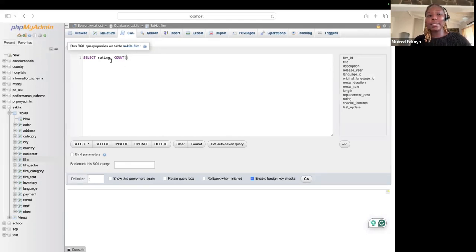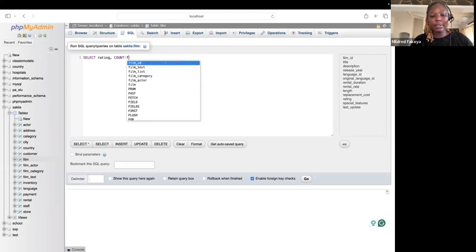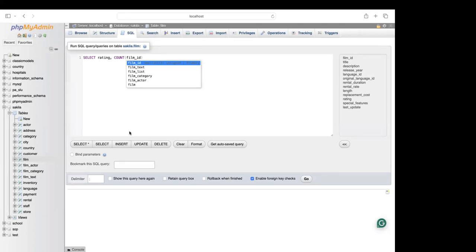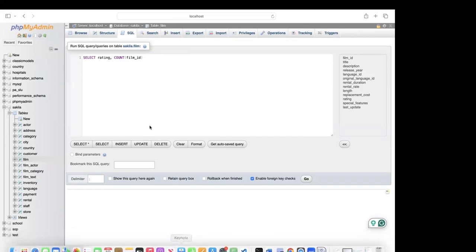So we'll say select rating, count, and we'll say film_id. Let me put this in lowercase. It's not case sensitive, but we have this convention that we put MySQL keywords in uppercase, and then we put other things like table names and the names of columns in lowercase letters like this. So select rating, count film_id,